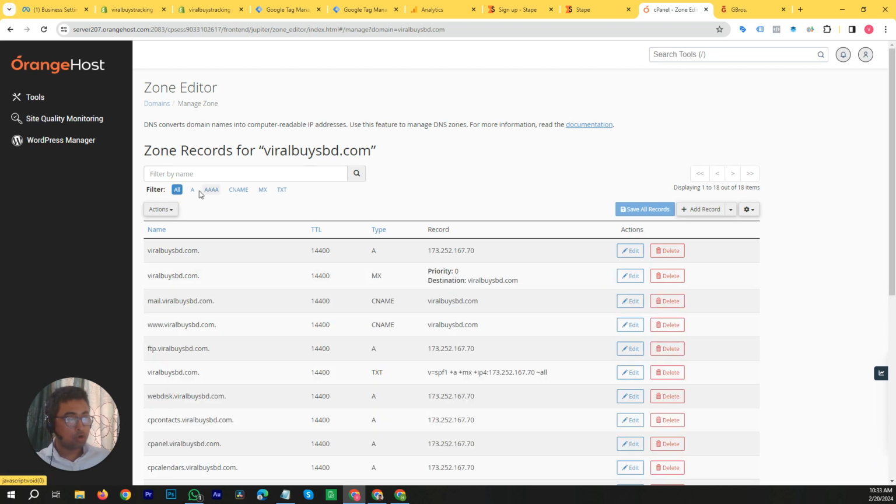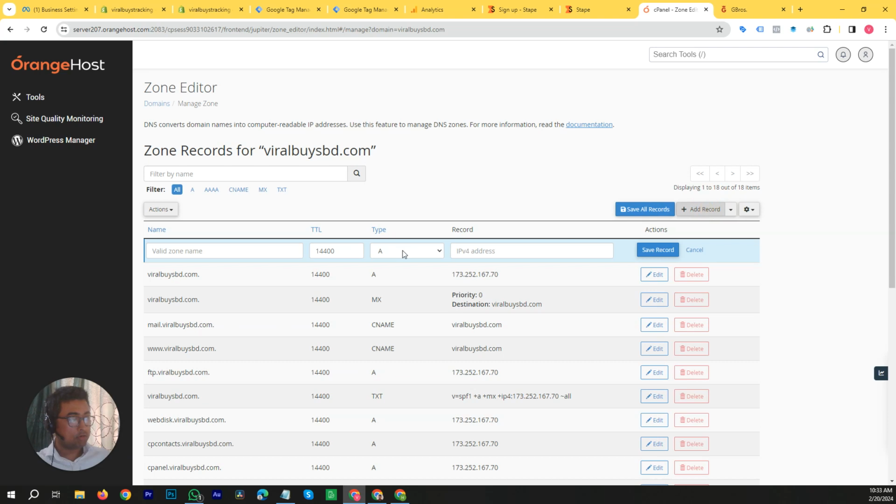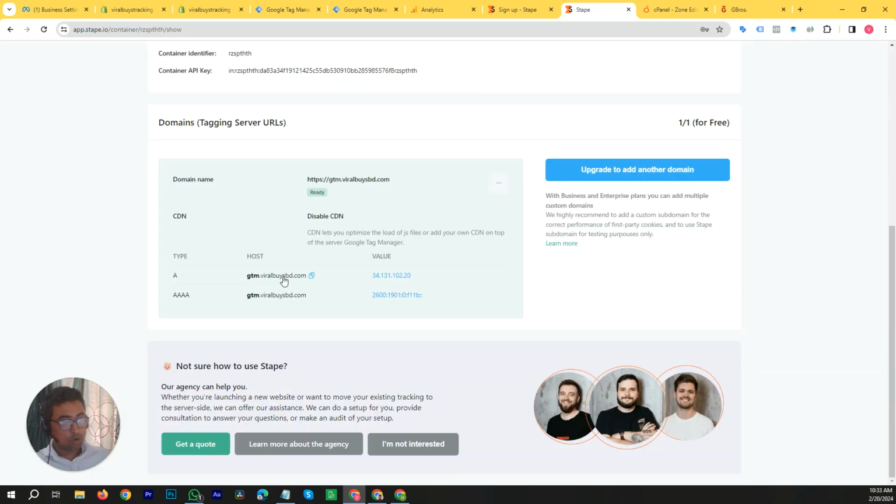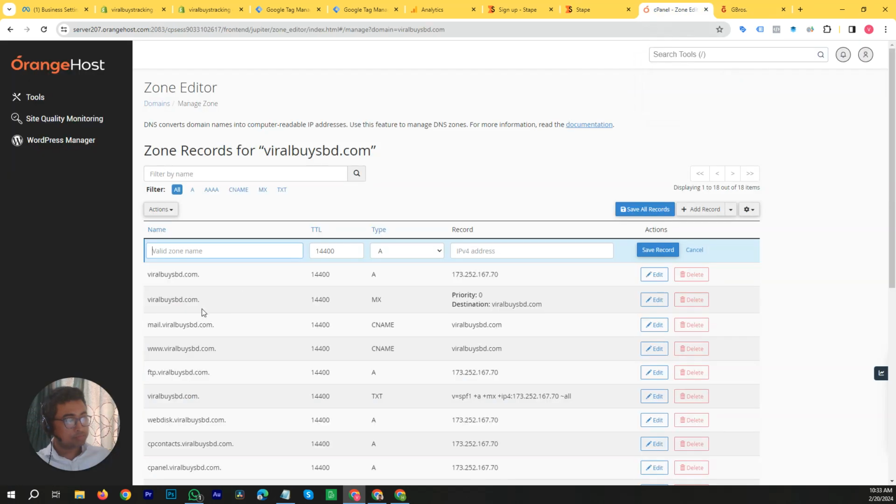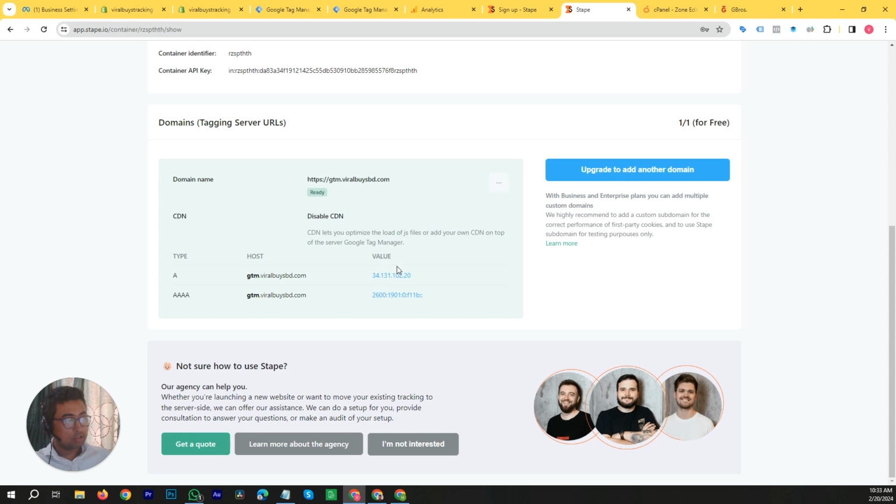In that case, from the list just add a record, select the type here as quadruple A, put in the valid zone name, the host name in Stape.io is your valid zone name, and put in the value in the record field,